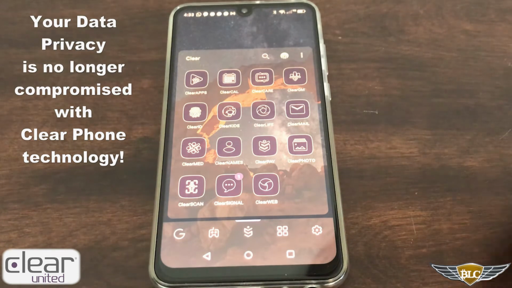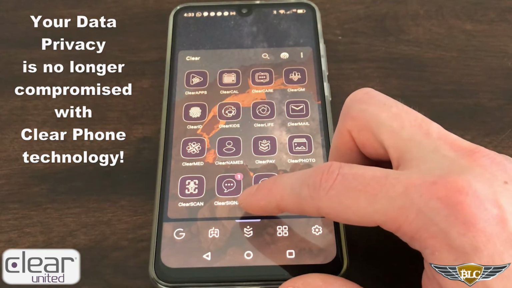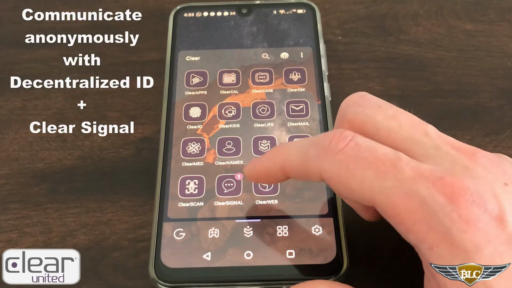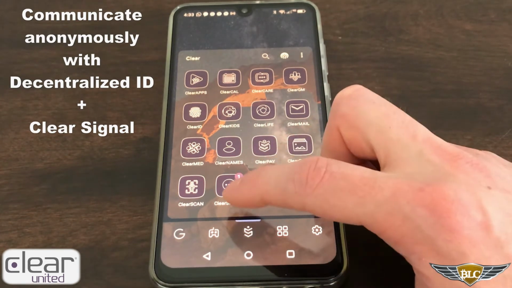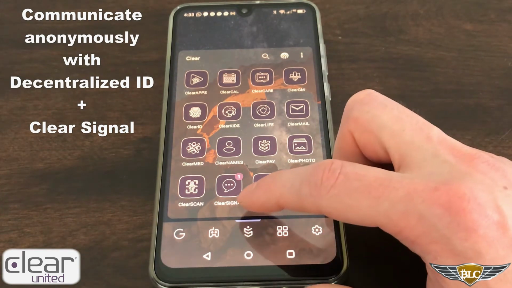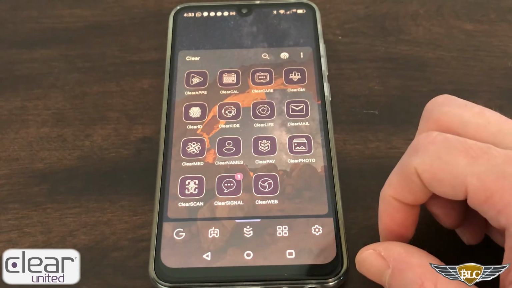You know, that includes apps like Signal, which is actually going to be more secure than the regular version of Signal, because when you use it between users, it obscures even the phone number. It only shows your decentralized ID. And it encrypts the communications that happen between the two contact points. So it's a more ultimate version of Signal. Only available on this phone at this point.